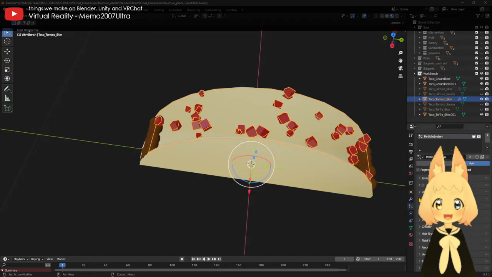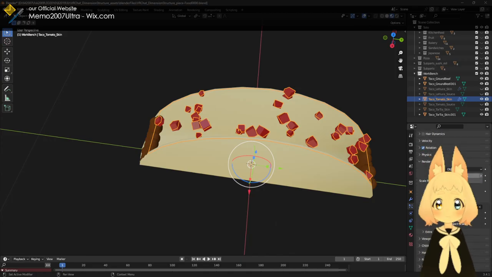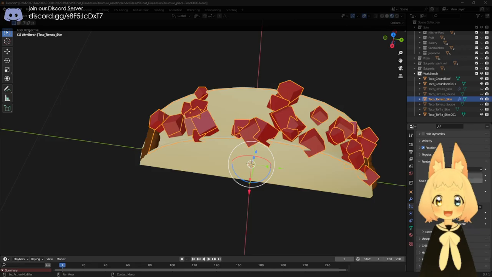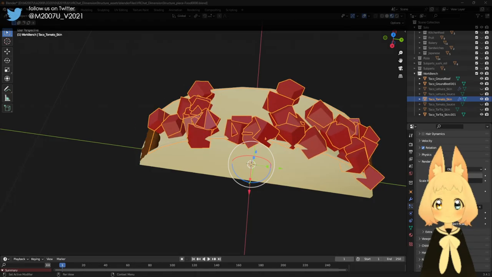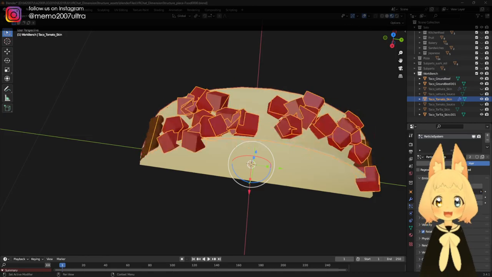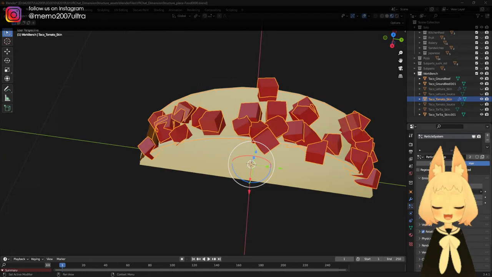And then the size does not look right, so there we go. Scale is 2, I suppose. Let's go 2.5, and then we'll go scale randomness. Now let's see. The seed is wrong, so